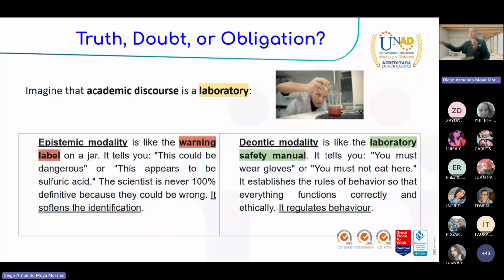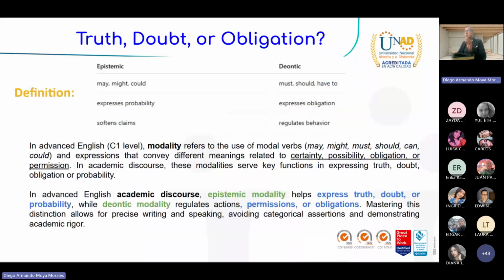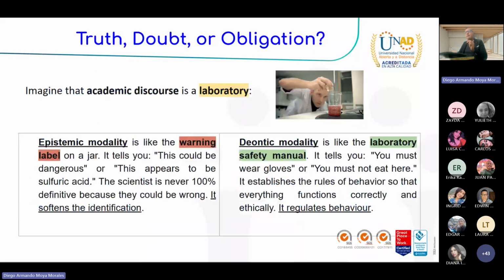Imagine that when you write a sentence, or when you want to express or show something in your writing or in your speaking, we can establish this similarity with a laboratory. Imagine that you are in a lab, right? And we have special conditions in this lab. So when you want to show the epistemic modality, again, that is related to the probability of something, imagine that